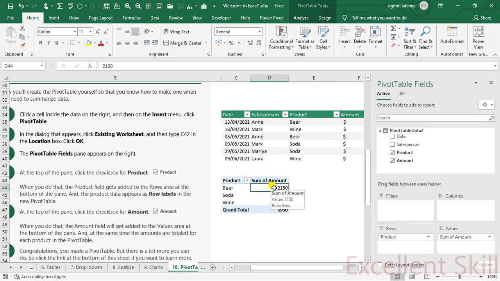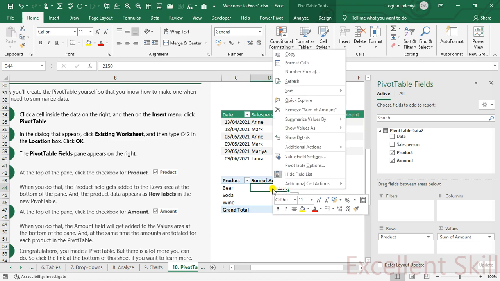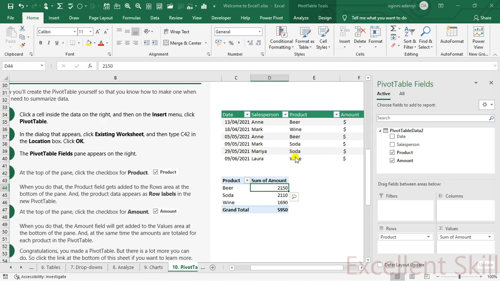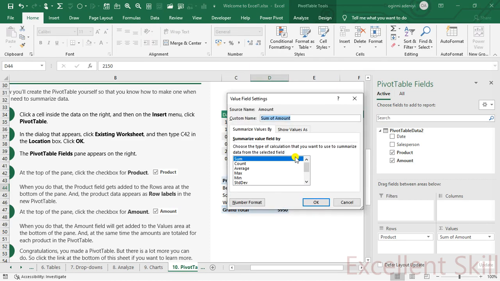To format this, you right click. Once you right click, we have number format. Going to number format, you just format the data, but now we want to format all at once. Therefore, go to value field settings. Don't worry, we still do number formatting. With value field settings, you can find your average. That is not where we are going to number format.